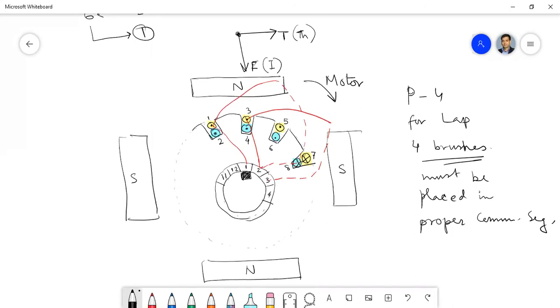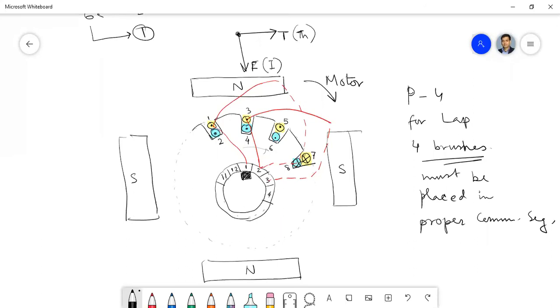So that means under the north pole you have 3 slots. Under the south pole you will have 3 slots. Under another north pole you will have 3 slots. Another south pole you will have 3 slots. So that means it will change. And when this motor will rotate, whatever the coil or coil sides will come under the north pole should be induced with the dot current, otherwise the torque will not be constant. To have a constant torque, whatever the coil side, slot, or conductor is coming under the north pole should be induced with the dot current to get a steady torque.